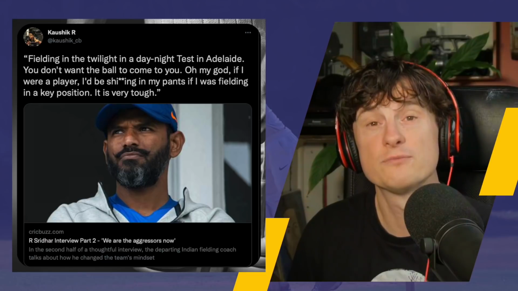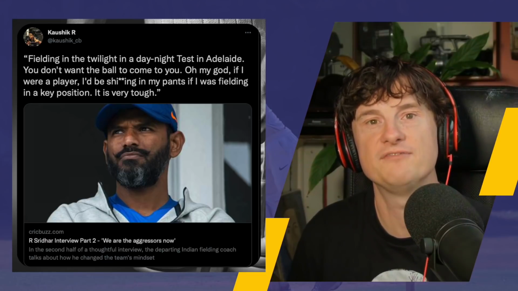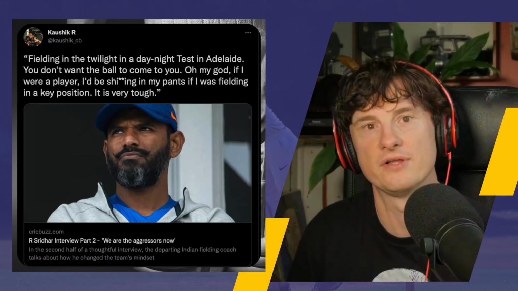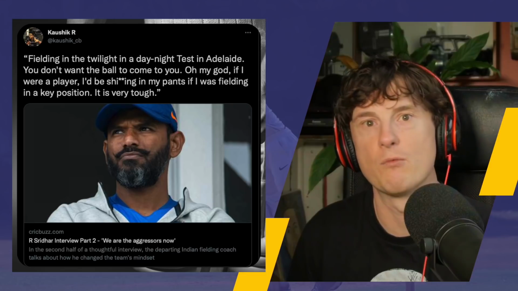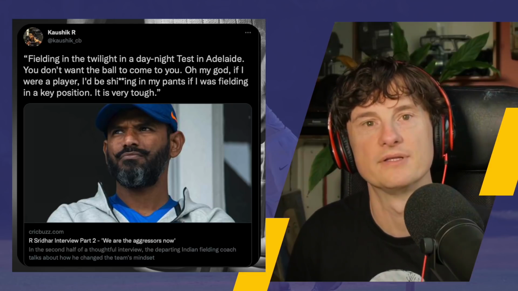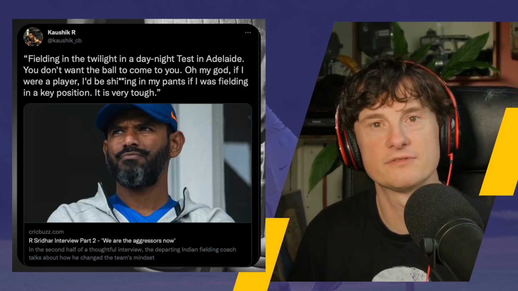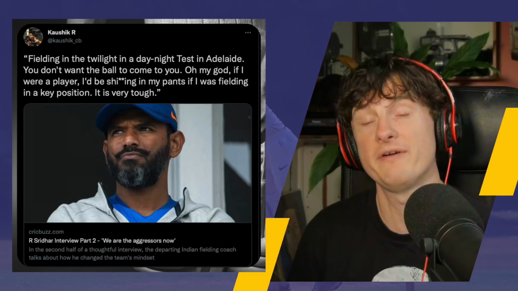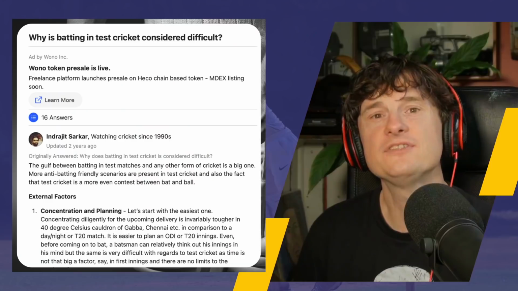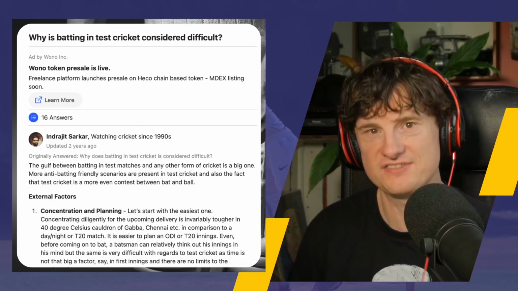And I know from talking to players that seeing the ball can be tough at twilight. It's weird under lights. But most of the complaints are about one delivery that they just didn't pick up brilliantly. More often it's in the field. You do not want to field at gully in a day-night. And there is no doubt that pink ball day-night tests are different.